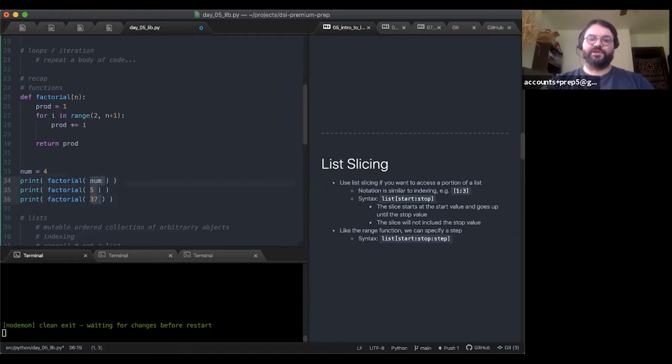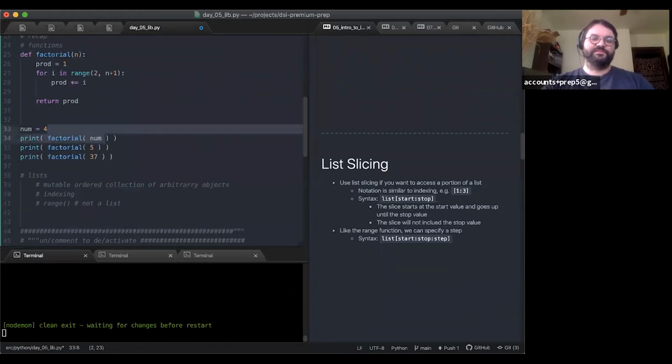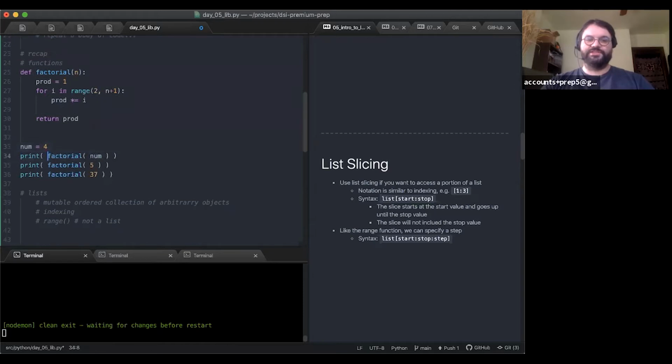This is the customer entrance, as it were. If you have a global variable, it can go into your function, but the only legitimate way that it should go in is as an argument in the parentheses into the function. That's totally fine.